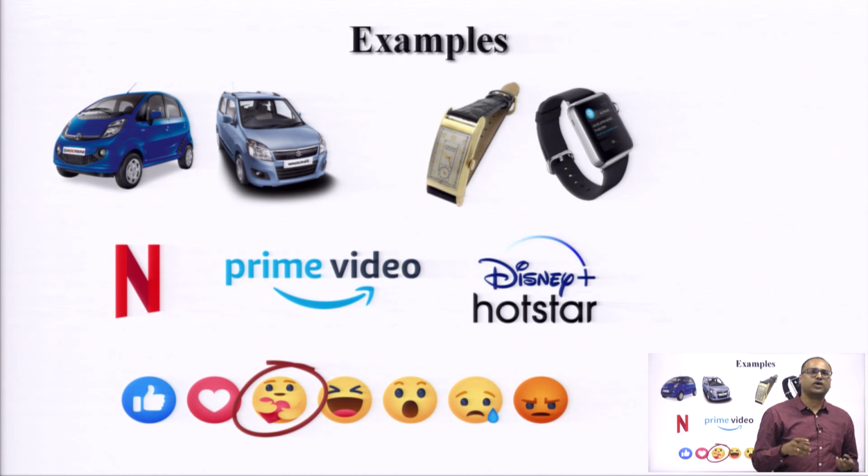If you can see on the screen, you have an example of cars here. As you can see, I have shown two wonderful models. Definitely you can identify them by the picture. Now, when you went to buy, or you will buy, or you have been to the market to buy a particular car, what was your behavior while you were buying the particular product?